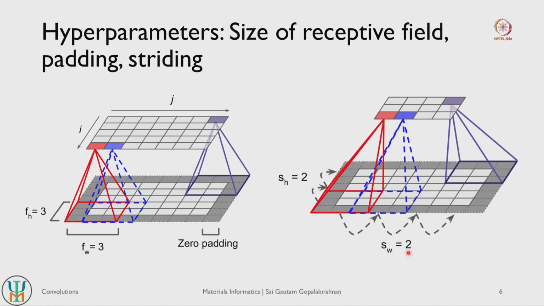So you can define striding both in the width direction as well as in the height direction. Just like how you can define a width for your receptive field and a height for your receptive field, receptive fields can also be asymmetric, so you don't have to have a 3 by 3 square all the time. You can also have a 2 by 3 rectangle or a 3 by 1 rectangle and so on. So you can define a striding height and a striding width and a receptive field height and a receptive field width. So that's the size of receptive field and striding.